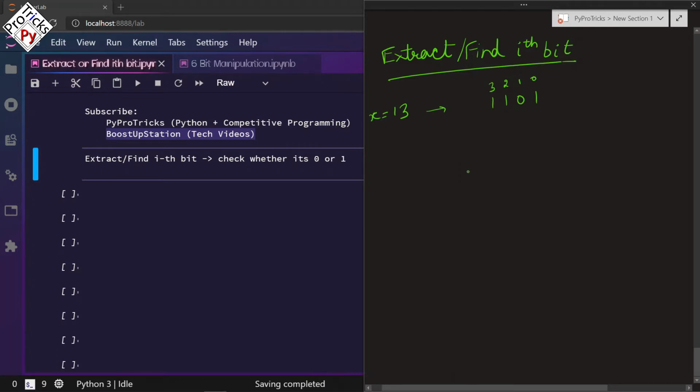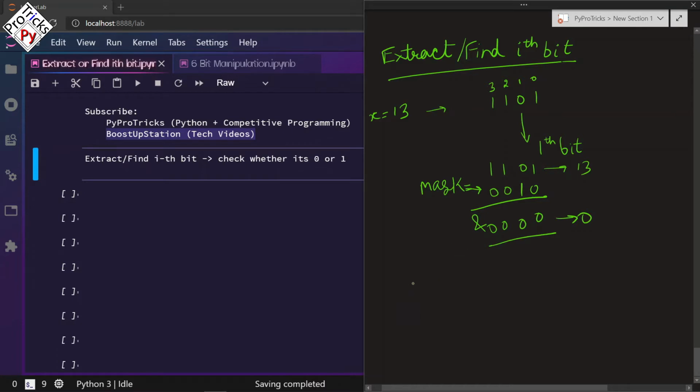First of all, you need to watch the video in the description, which is about all of the bitwise operators. Now let us say we want to find out the 1st bit. We need another thing known as a mask, which will store 1 on this bit and 0 everywhere else. This was 13, this is the mask. If we do an AND operation on this, what do we get? 0, 0, 0, 0. So here we are getting 0.